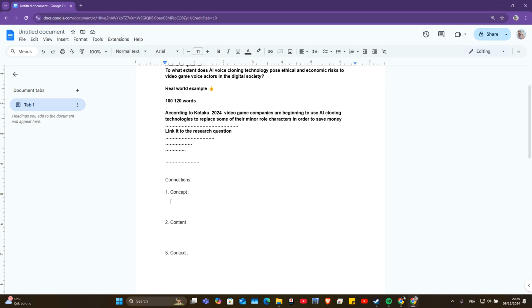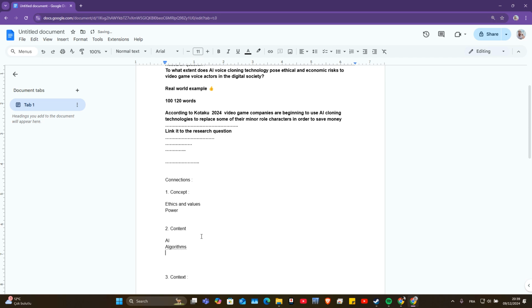Here, obviously, I would go for ethics and values because it's directly tied to my topic. You can also go with power, because now companies will have power over your voice and they don't even need you, because you are going to sign a contract when you get hired for the first time that you are going to give your voice to them. So that's a really ridiculously powerful thing to have. Content is AI, algorithms.